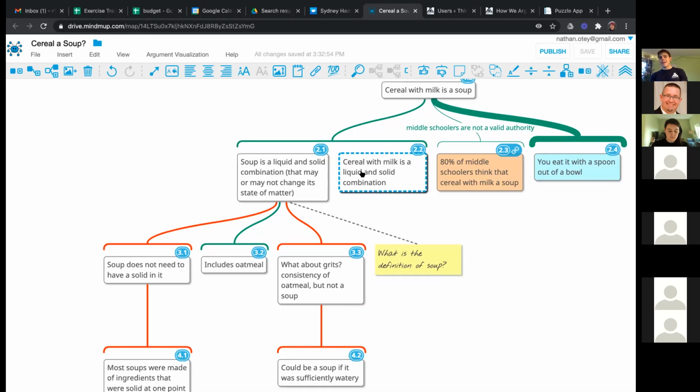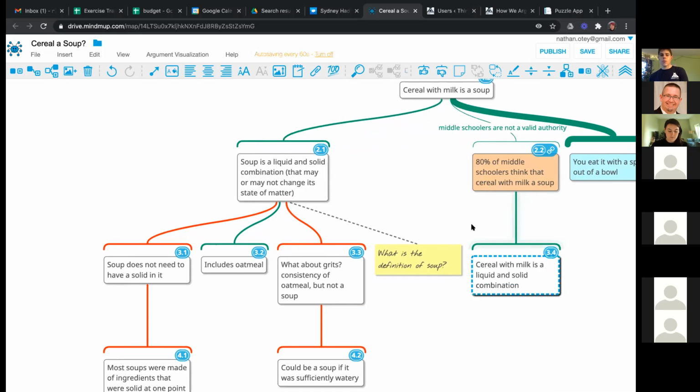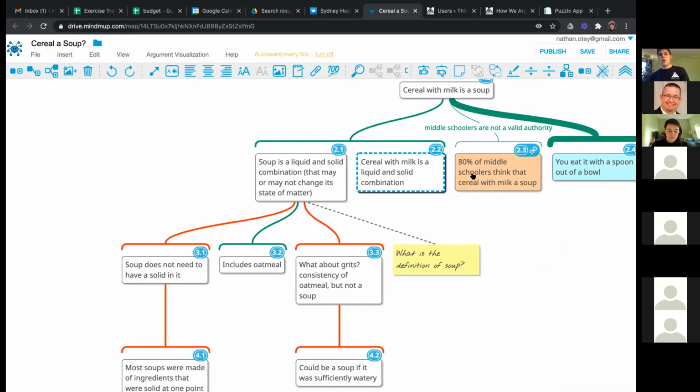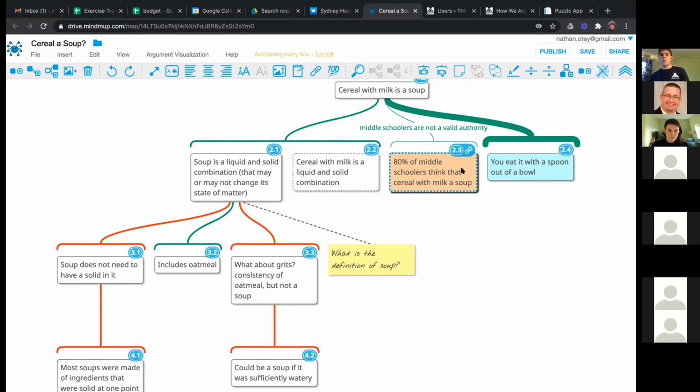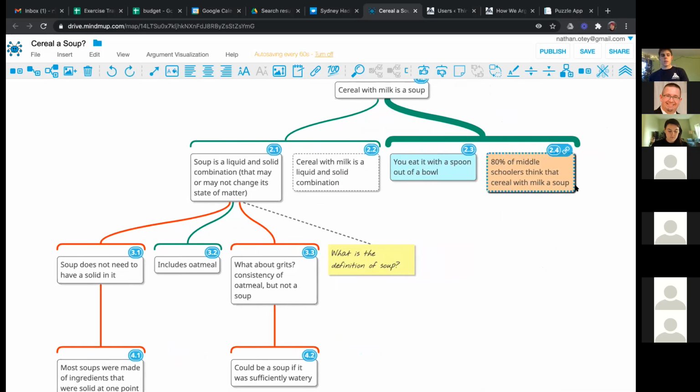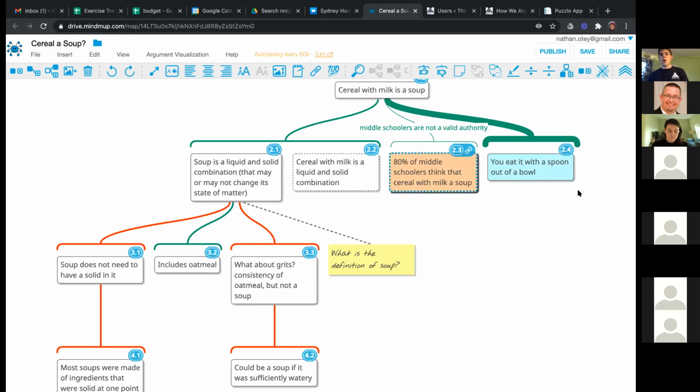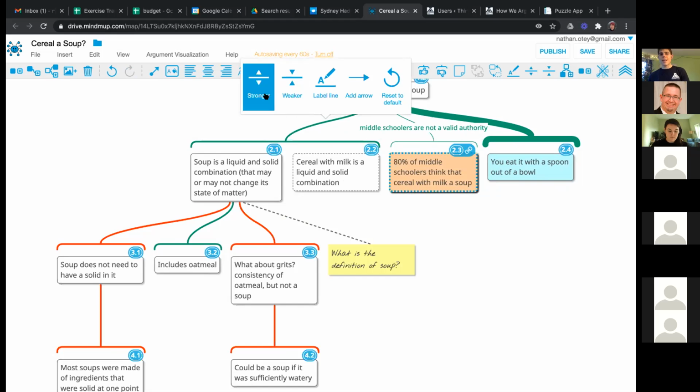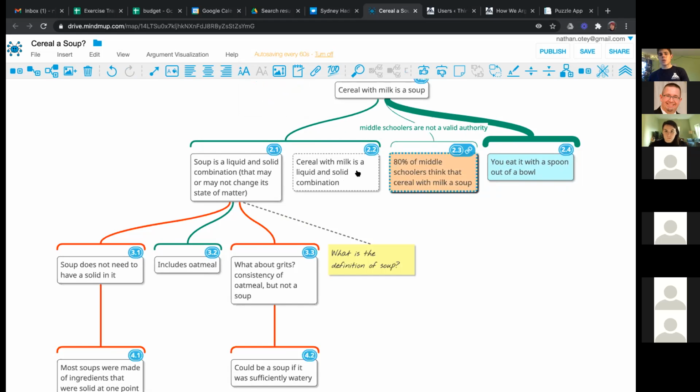We found that that's less effective pedagogically because you want students to talk to each other in order to add to the map. So you want students saying things like, no, put this premise 2.2 under premise 2.3, or no, 2.3 and 2.4 should really be co-premises, or no, the inference here is weak or strong. You want them using that argument language and engaging with each other.